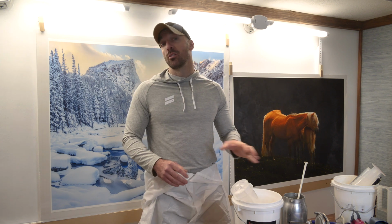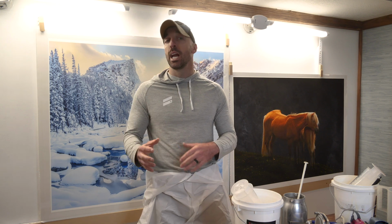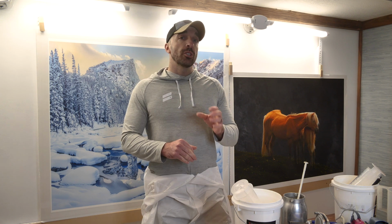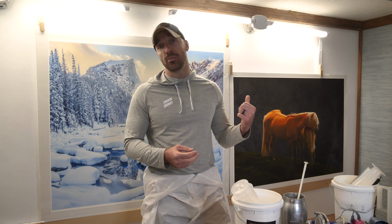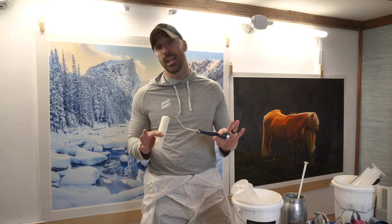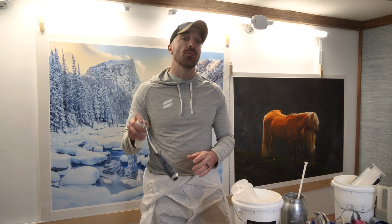Okay, second for materials is of course gonna be the sprayer. I'm gonna be using the Fuji Mini Mite Platinum 3. Really any HVLP sprayer should do the trick, but I've been really happy with the Fuji. Now you wanna make sure that your sprayer has a straight line tip rather than a cone pattern. The cone will be hard to control and you're gonna likely oversaturate the print and end up with drips. Now, even though I'm spraying, I always keep a clean roller on hand. I've gotten pretty good at dialing in the flow rate, but in case I do overdo it and I end